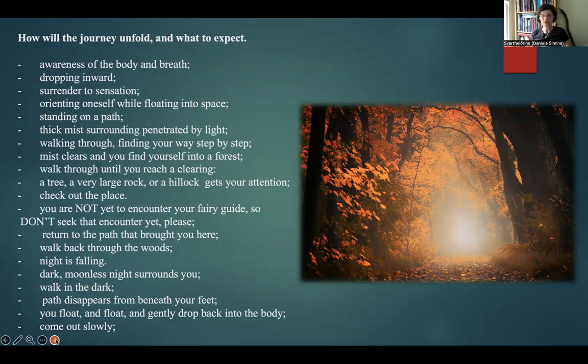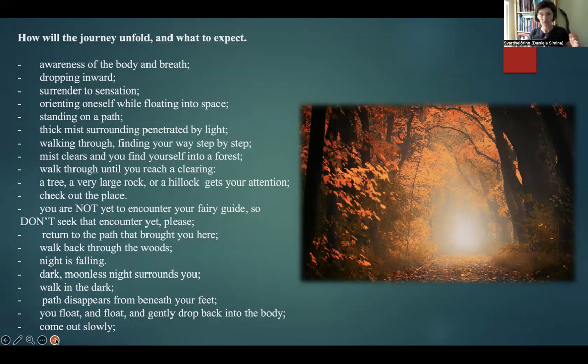This is the first journey. Journeys, in my opinion, have to be short and meaningful. This first journey is just an exercise in how to start establishing, creating those neuronal pathways, creating the hardwiring for going to Faerie, whatever place in Faerie you're meant to land on today, and then coming back out from it.